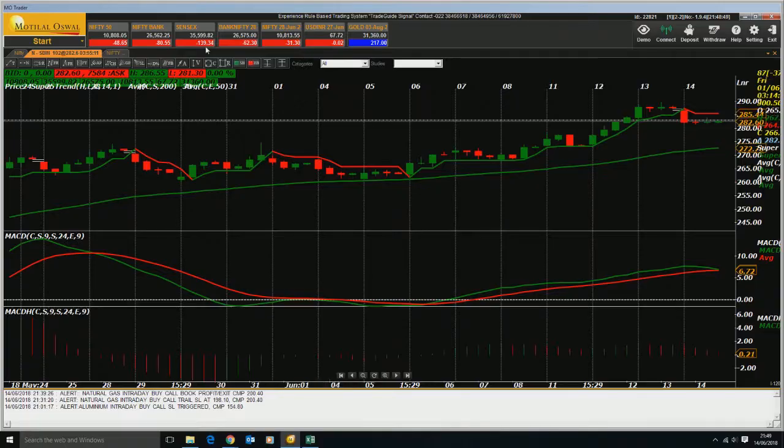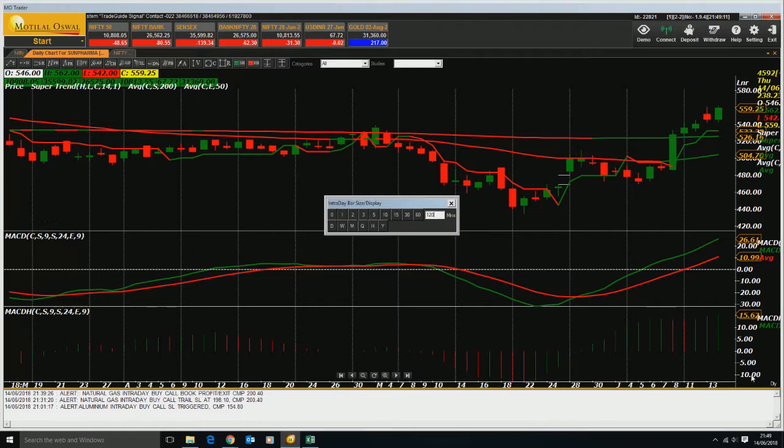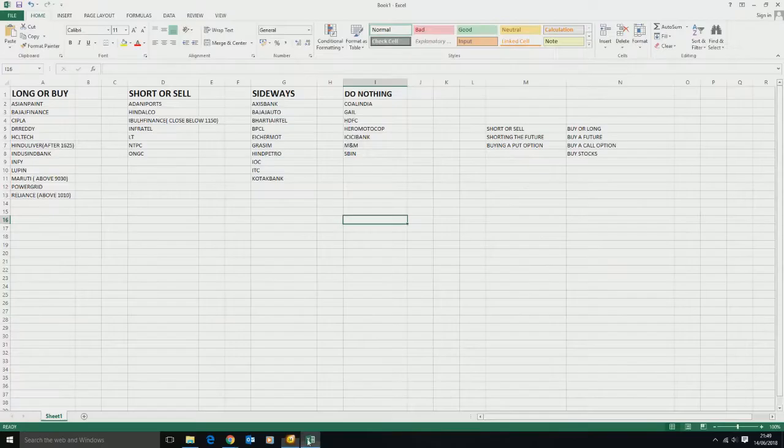Sun Pharma on a daily time frame, it's a confirmed buy. You see, you have a buy signal. Also, it's supported by the MACD histogram, and you also have MACD crossovers before that on a daily chart. It matters a lot. And now, if I go on to my execution time frame, which is 120 minutes, still up. So definitely, Sun Pharma, it's a buy for me,